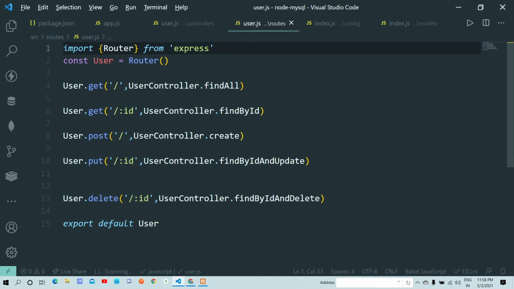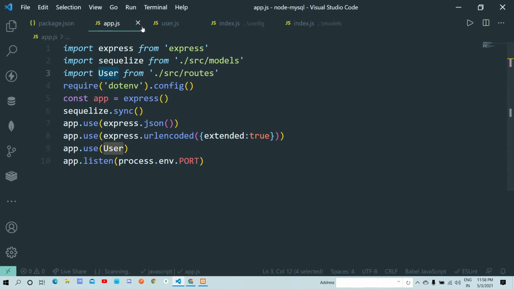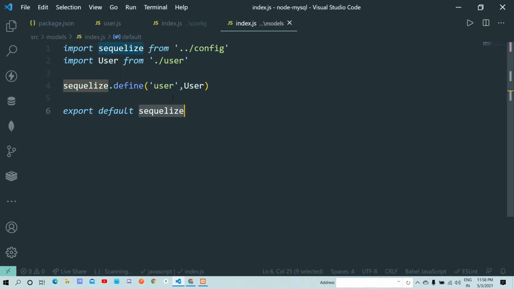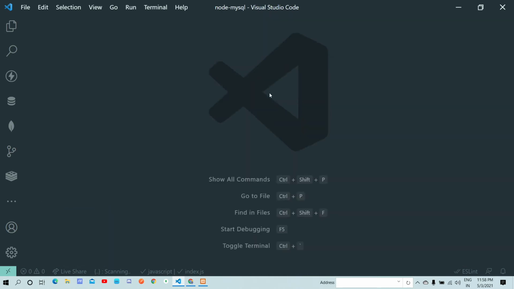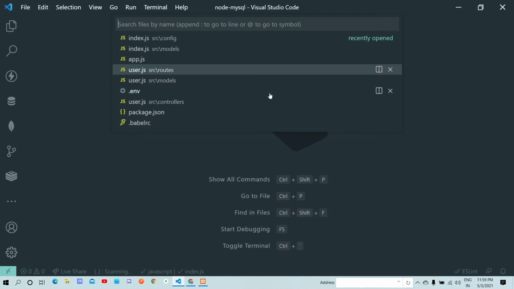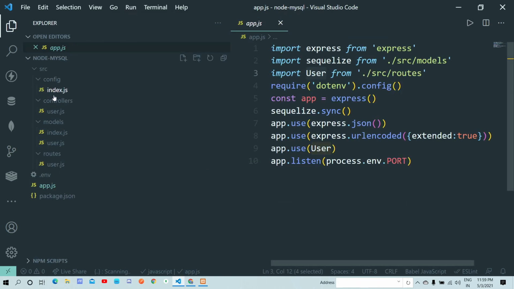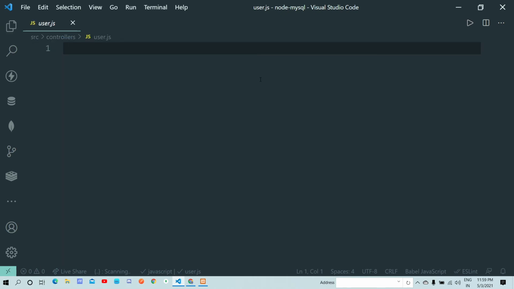You can use Alt Shift F to organize your file, and inside your controller, now I don't need this, now I don't need this thing as well, or you can hit Control K W to close all the things at the same time. So Control plus P and search for what you are going to create. I need to create something inside controller. So inside controller I have user.js, so Control plus B, close this up and define